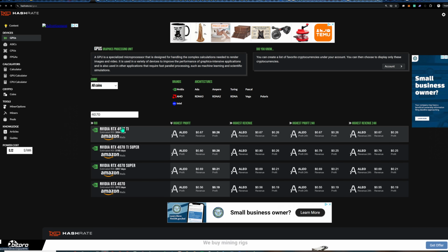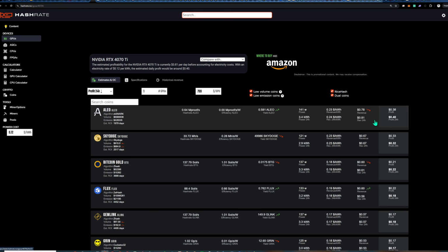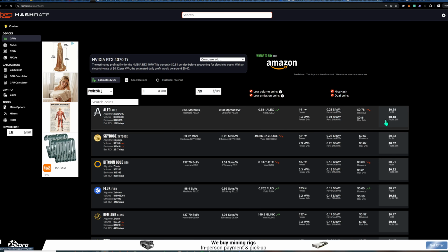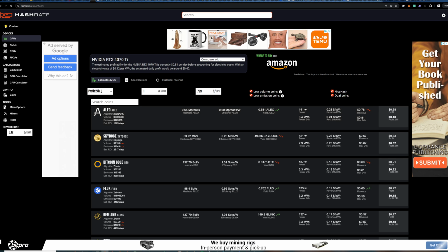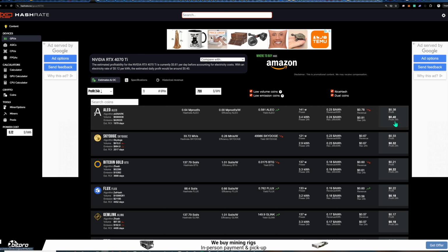4070 Ti, I have one rig. Well, 4070 Ti, it may be the same on ALEO, you know. I haven't checked that before, but it looked like ALEO 40 cents and the revenue 81 cents, so it's like 50-50 with the power